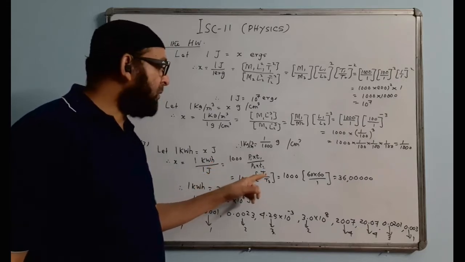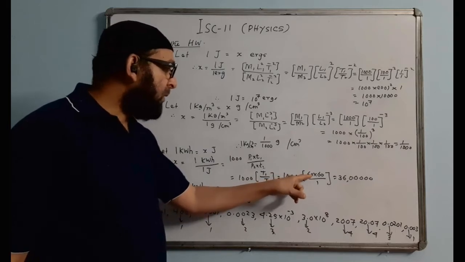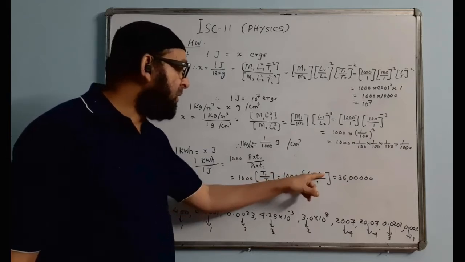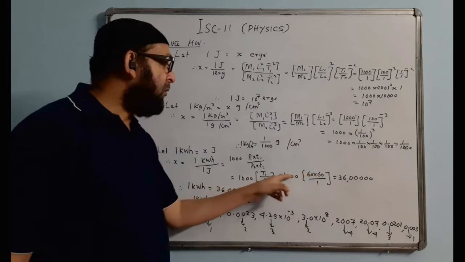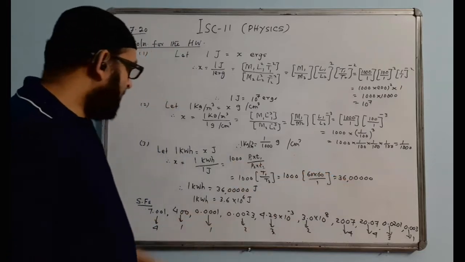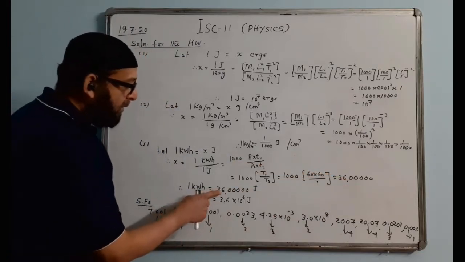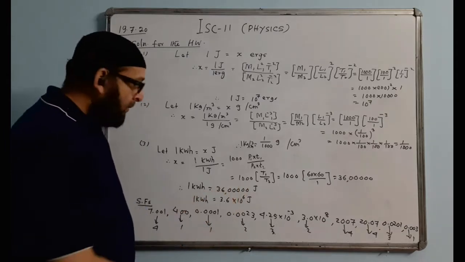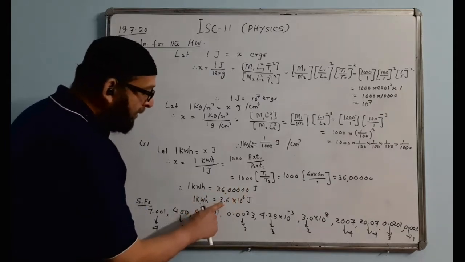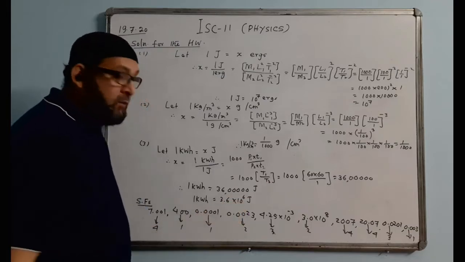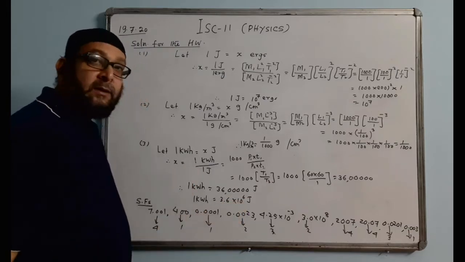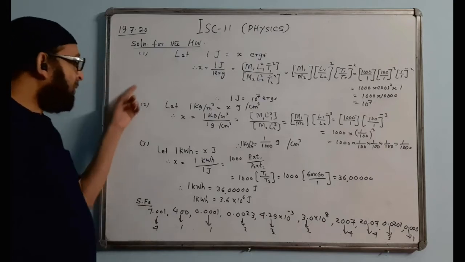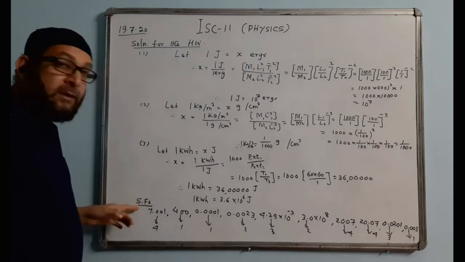So T1 value is hour, that is 1 hour makes how much seconds? 60 times 60. This is 1 second. Calculation gives answer: 1 kilowatt hour gives 3,600,000 joules. In decimal point we write that as 3.6 into 10 to the power of 6 joule. I think you learned this in class 10 also. So this was the solution for the chapter number 1, unit and dimension.